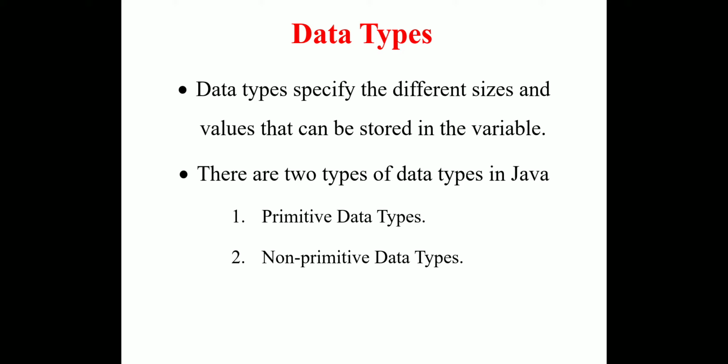In this class, we are going to study data types in Java. Data types play a key role in maintaining and allocating fixed storage size for the variable being declared while writing the program. Data types specify the different size and value that can be stored in a variable. Variables hold data operands in memory location.